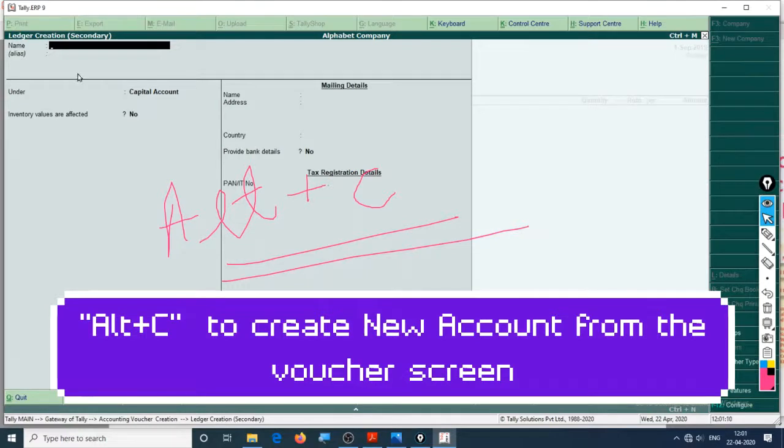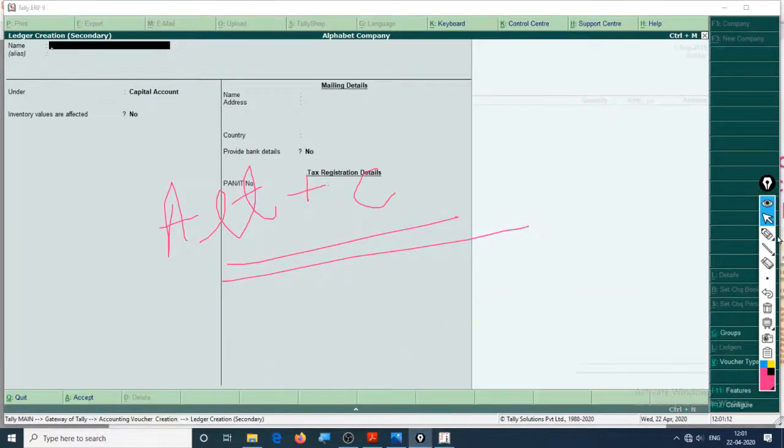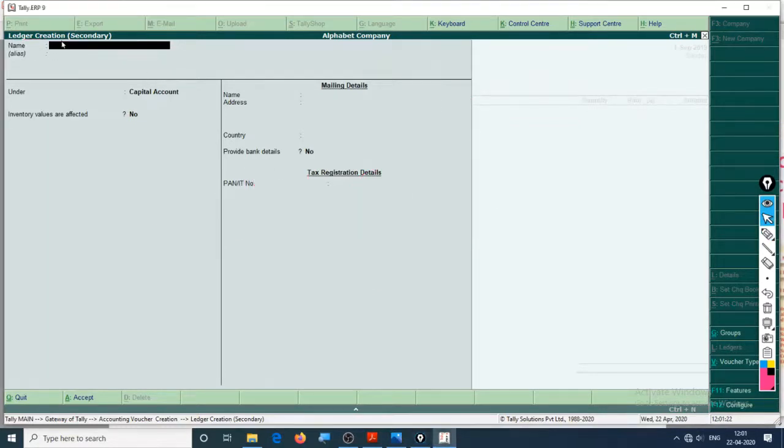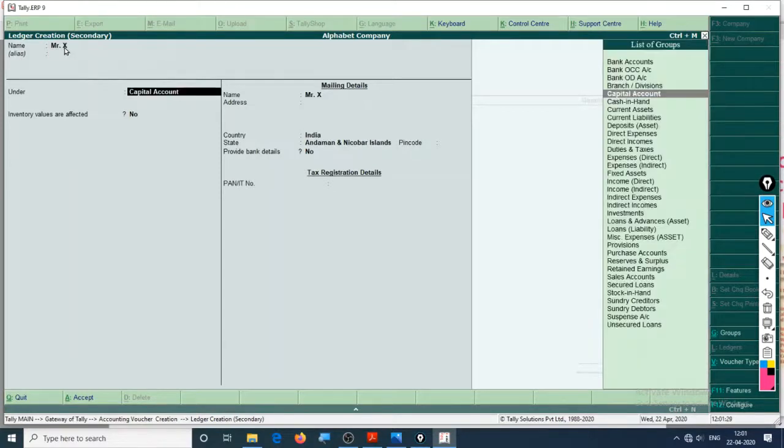Okay, so this now has prompted us with the same window of ledger creation that we would have gone into and made that trouble. So let us enter the name Mr. X. Okay, no alias.